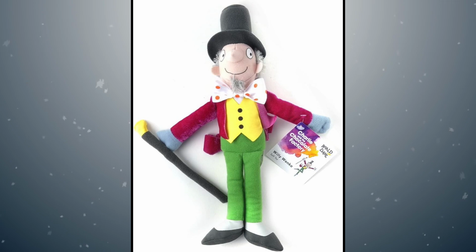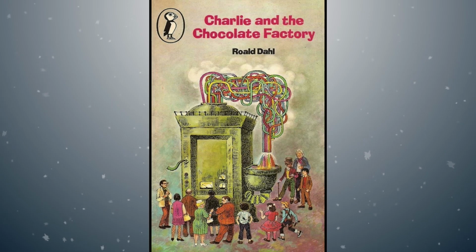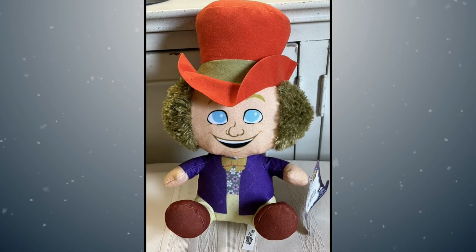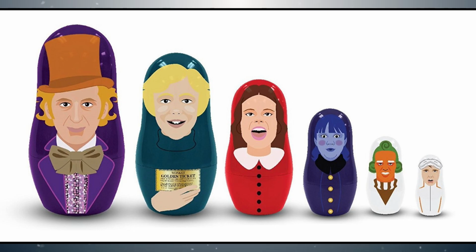And that right there is my Wonka merchandise dream collection. If I had to specify each item that would be in my collection specifically, it would be the Rainbow Designs plush, Robert Harp figure, Spineless Classics poster, and a copy of the Charlie and the Chocolate Factory book for Book Wonka, the Toy Factory LLC plush, the Mego action figure, the PPW Toy Nestler doll set, and a DVD copy